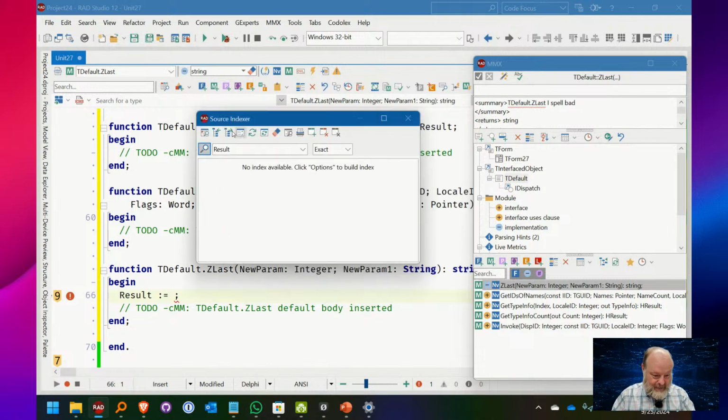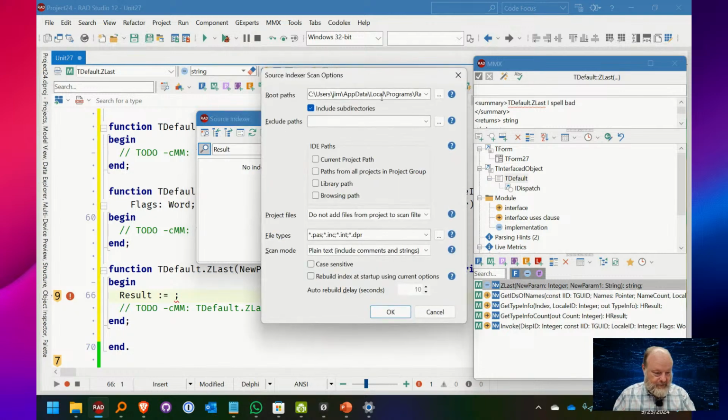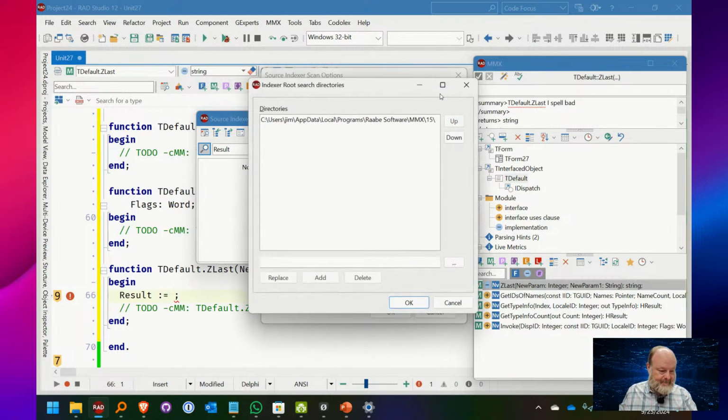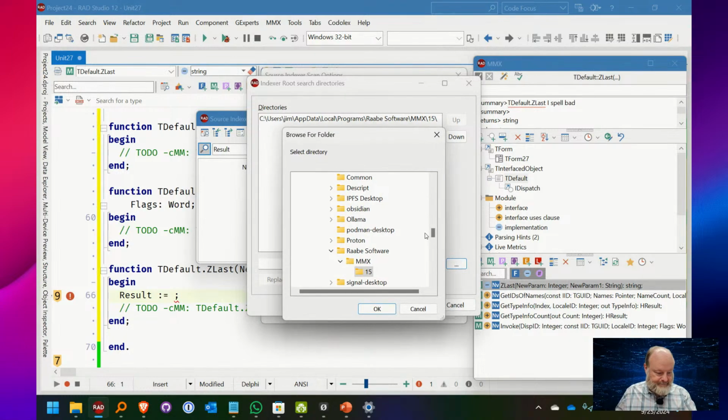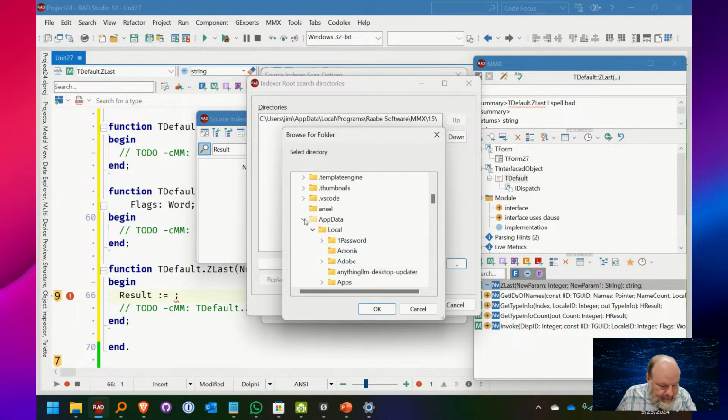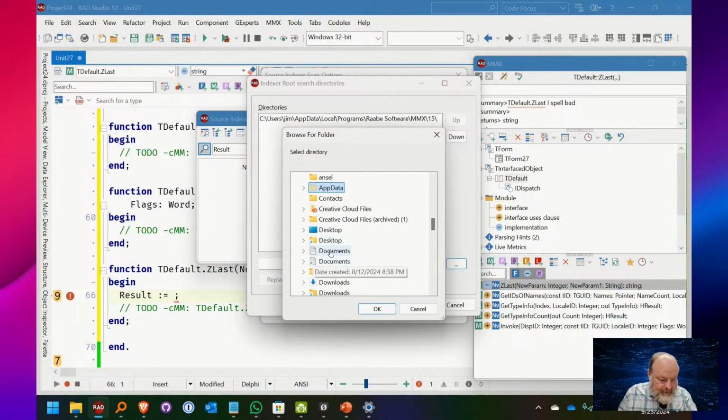So let's go ahead and set this up here. The first time you do it, it's going to take a little bit. Oops, that's not it. It's options. Root path, let's go ahead and use documents, Git.